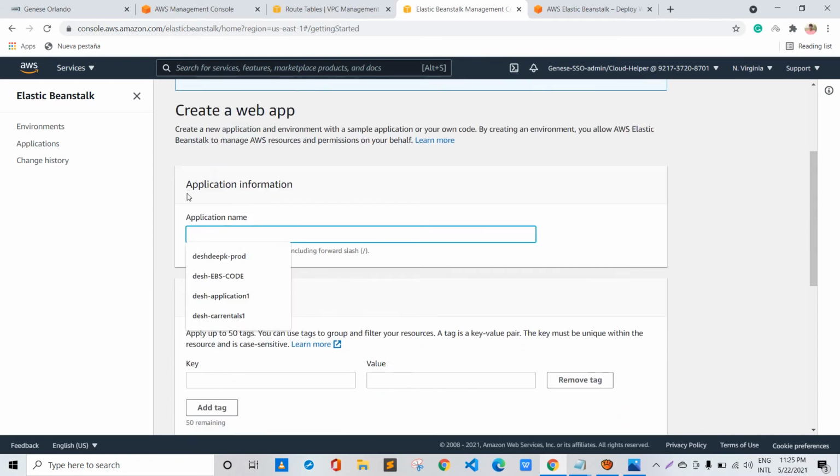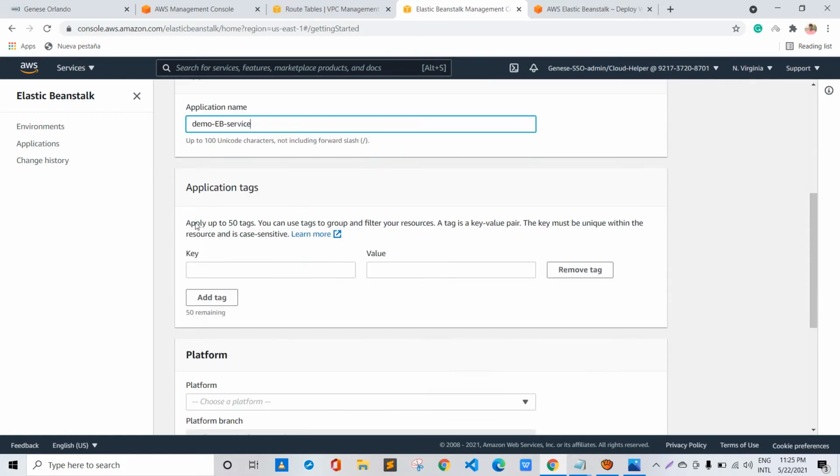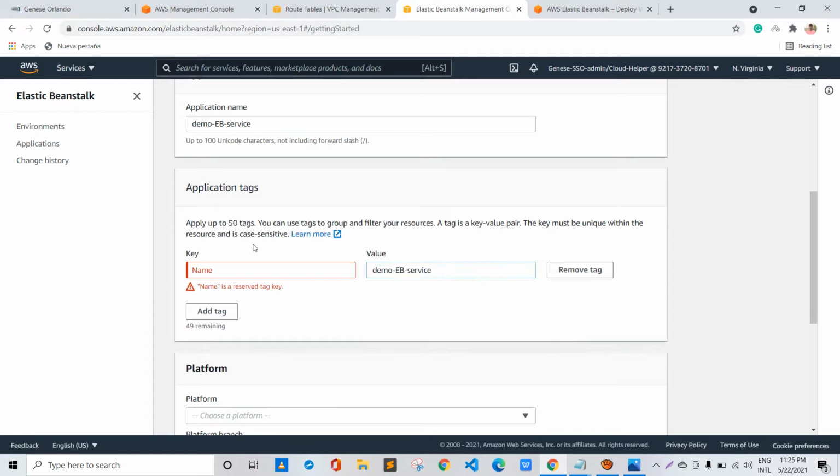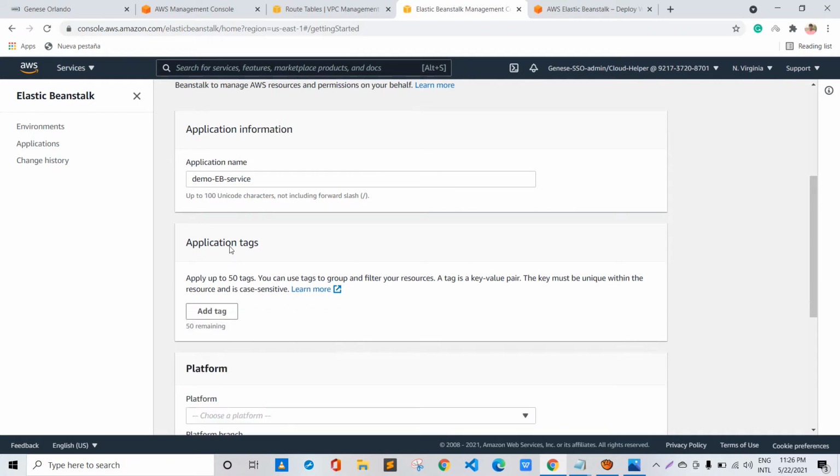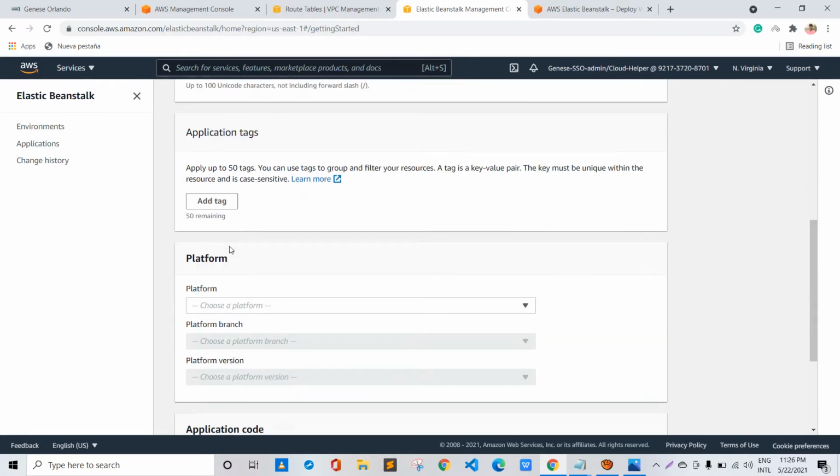I'll give it a name, test, or we can say demo Elastic Beanstalk service. Let's give it an application tag, that is name. Okay, the name is a reserved tag that has already been defined over here, so I can remove it and just leave it as default.